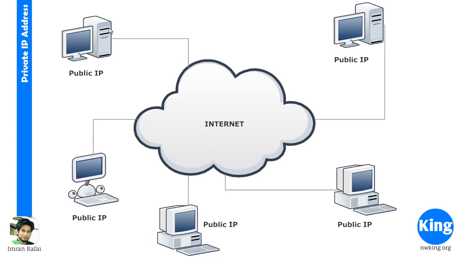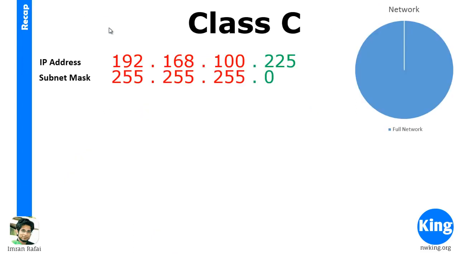Now that is what happened, and internet IP addresses were running out very fast, and that is about the time when they realized that there was a need for subnetting, where they could break down these large networks and treat them as separate networks. So before we go into subnetting, let's do a recap and see how Class C IP addresses work. So a Class C IP address